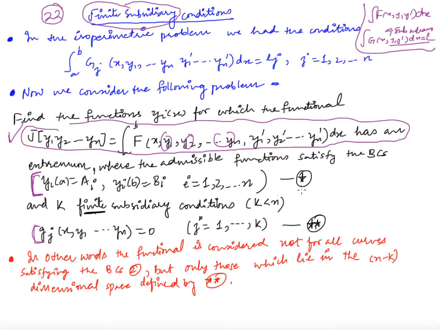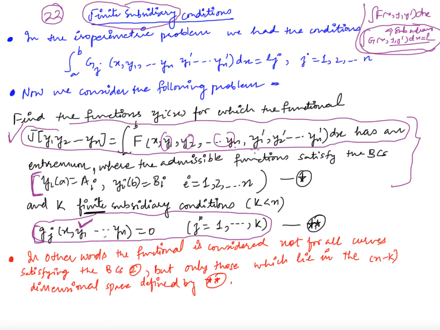What are the subsidiary conditions now? Here the subsidiary condition was in the form of a functional. We wanted this functional to be constant, but here the subsidiary conditions are simply functions. We want that our y1, y2, yn should be such that they satisfy these k equations. So these n functions should satisfy these k equations. So basically, we are looking for an extremal of this functional which satisfies these boundary conditions, but the admissible functions y1, y2, yn should be in the n minus k dimensional space defined